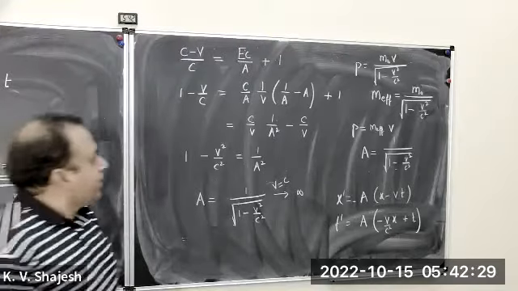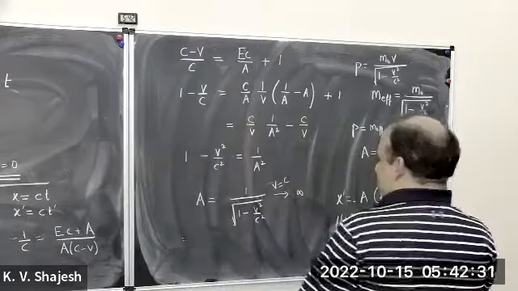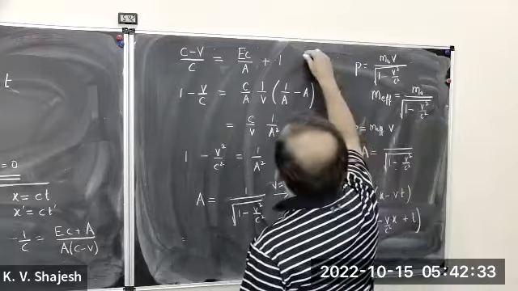Correct. Right. Now if the M naught is 0, then how do we define the energy for such a particle? Because if you look at the expression for the energy, it is E squared is P squared C squared plus M squared C to the fourth, right? Yes. So just write that down.